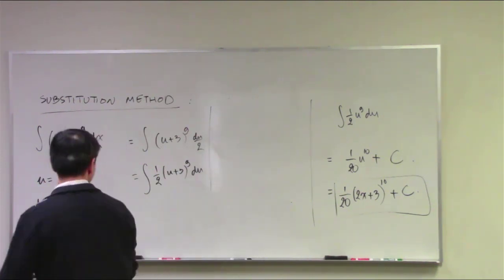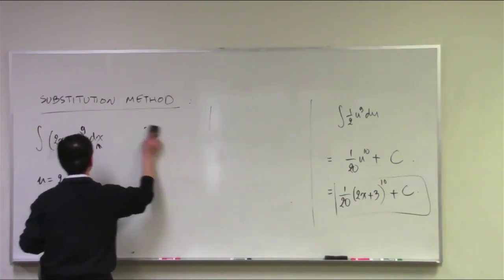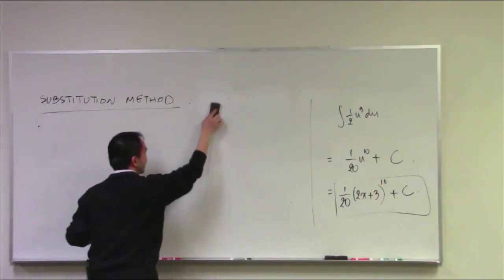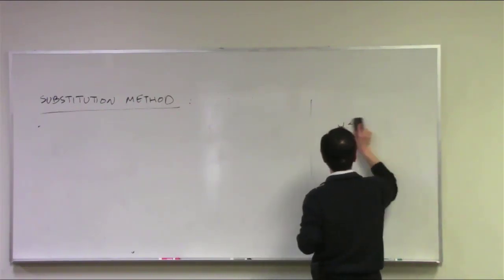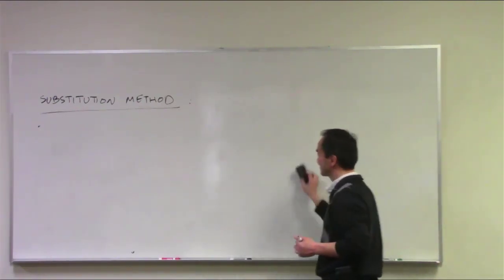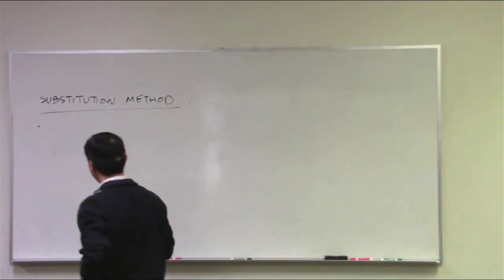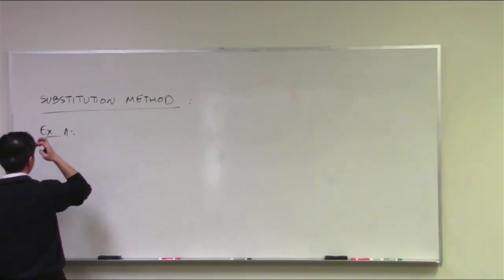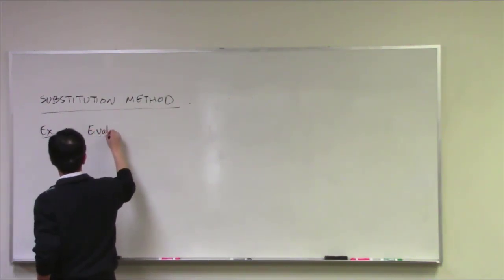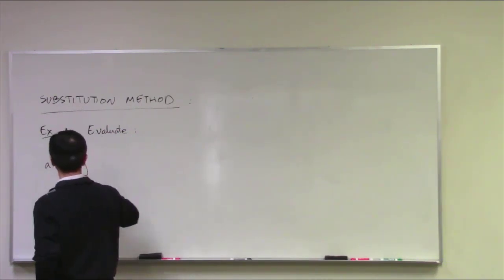All right, and so in that way, as we're getting into that, let's get to work. I'm going to leave that on the board there for you guys to see those criteria. So let me now bring up a couple of examples here. We're going to evaluate the antiderivative. Okay, part A. We've got an integral that goes